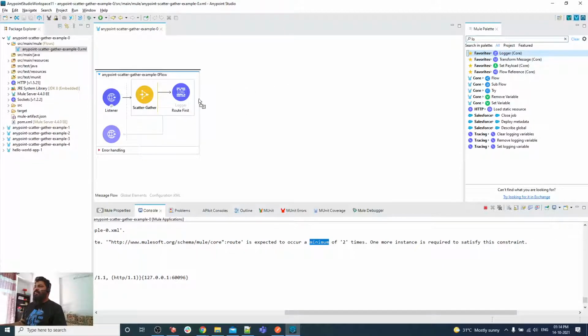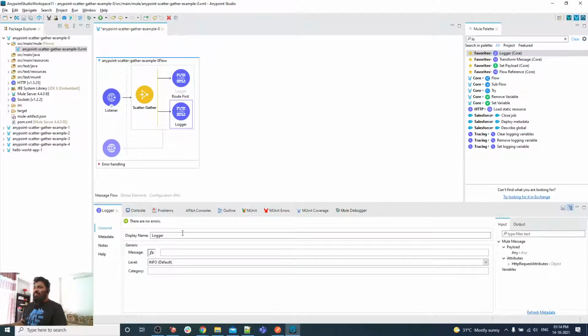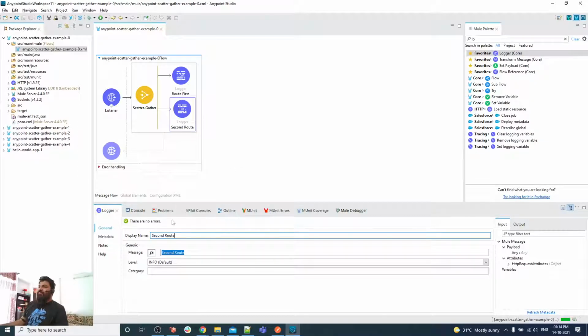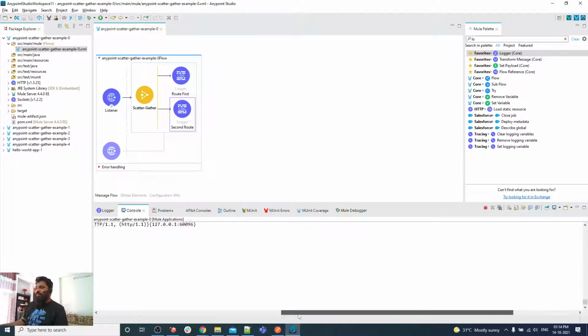So let me add another logger, second route, and in the second route I just print second route. Let me check whether it is deployed or not.